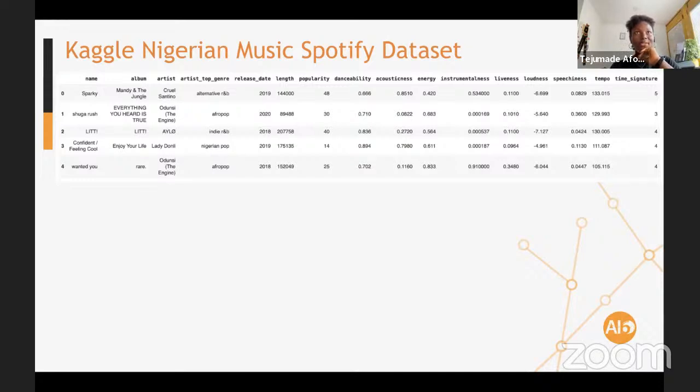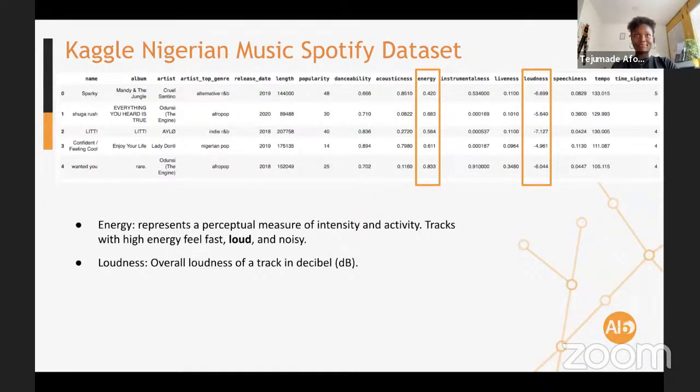Sound quality, how frequently the music is downloaded. Yeah, those are very nice suggestions. I'm just reading the chat. Okay. So these two features are the energy and the loudness. And genre and danceability.